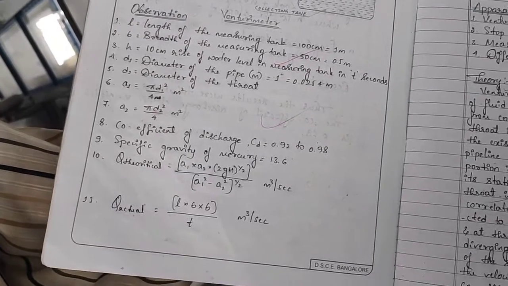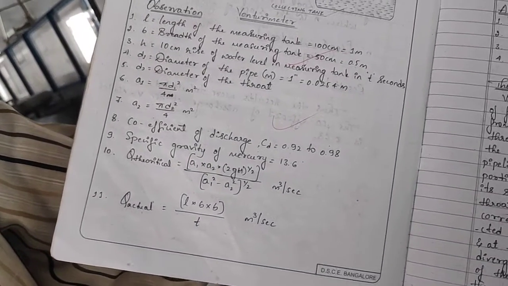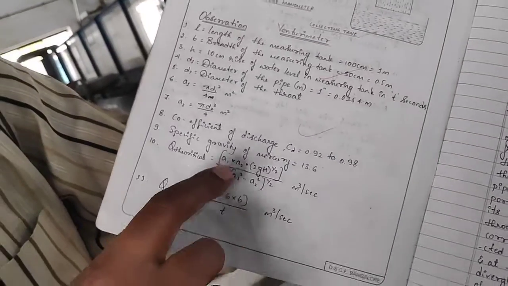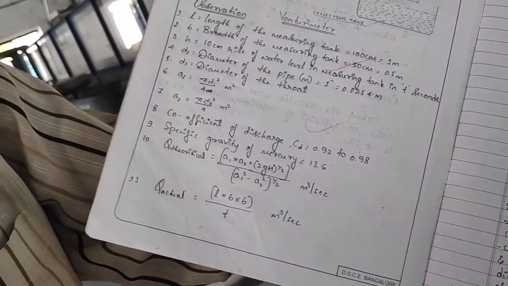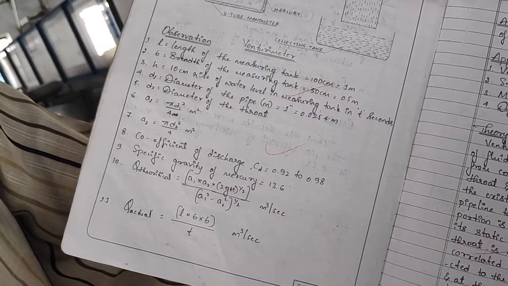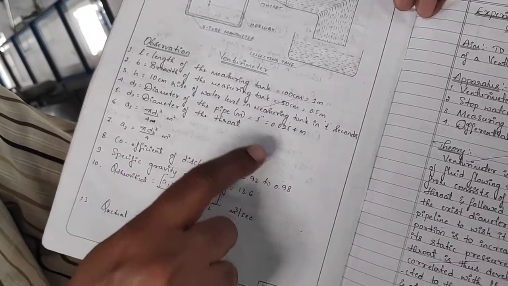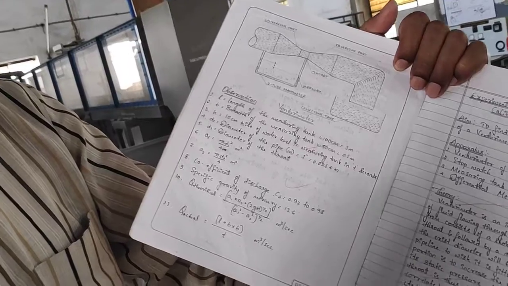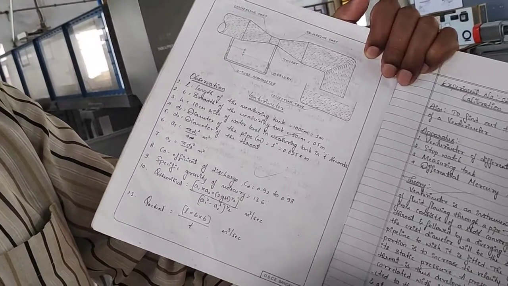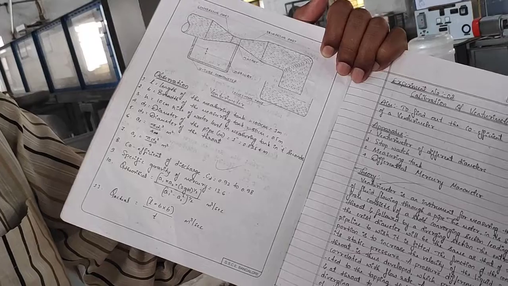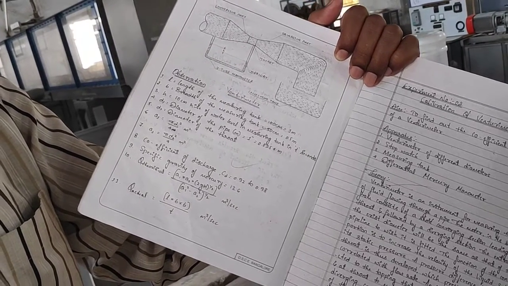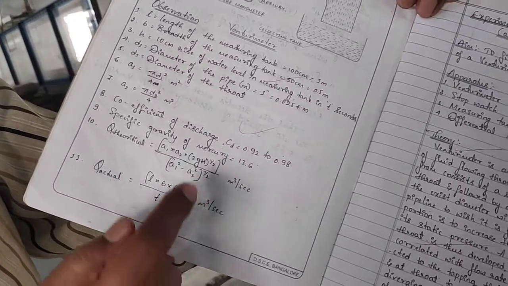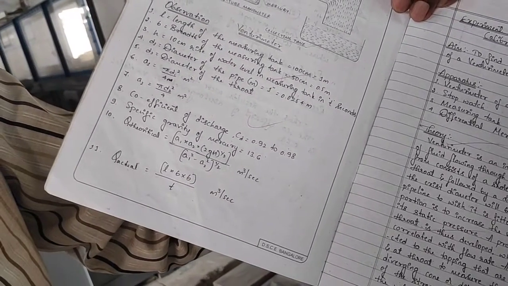What you require is the head of water, which is converted from the mercury difference level in the manometer. We get the values of A1 and A2 through the dimensions given here. So a 1 inch pipe diameter will have a throat of how much? The throat diameter is 60% of the pipe diameter, so you'll have to multiply it by 0.6 to get the throat diameter. In this way, all the values of A1, A2 are known and H is known, so you can find out the Q theoretical.